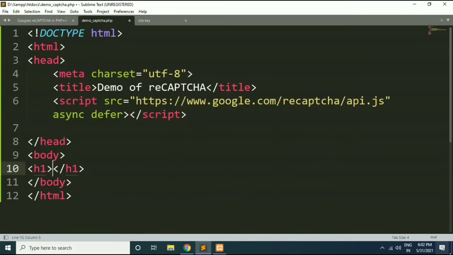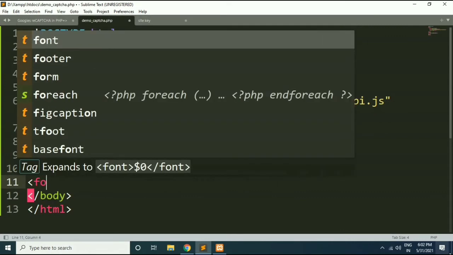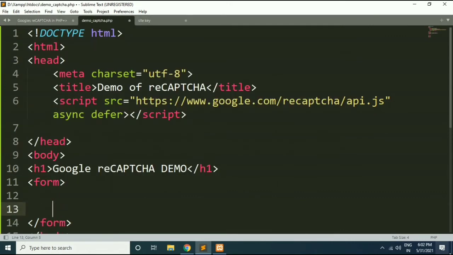So I will specify h1, Google reCAPTCHA demo. Then I will create one form here, like this. Some attributes we will try to specify. Let's say method will be post, and I want to redirect my user to the same web page.